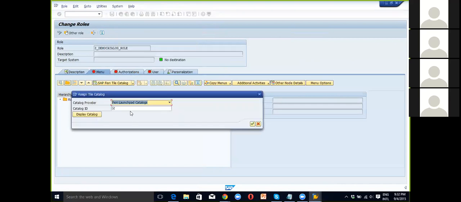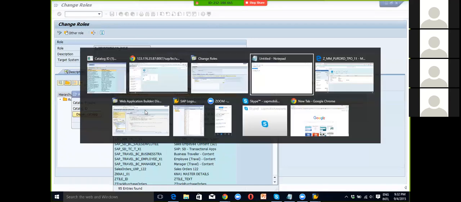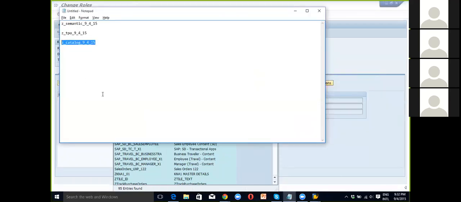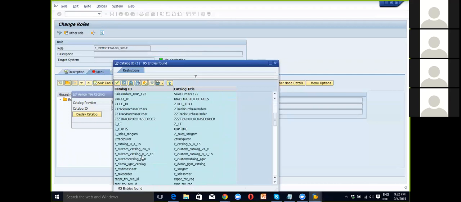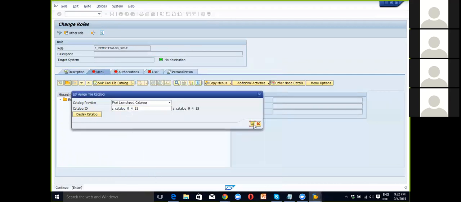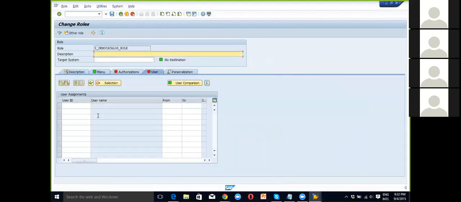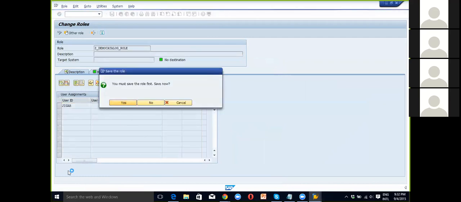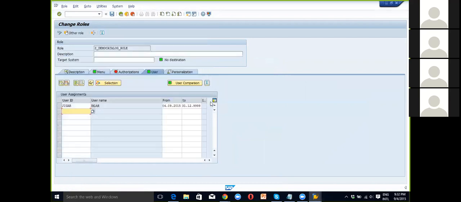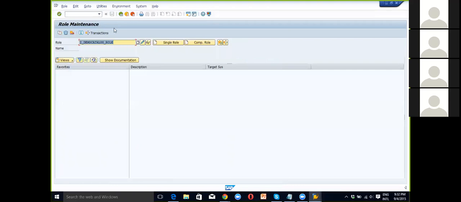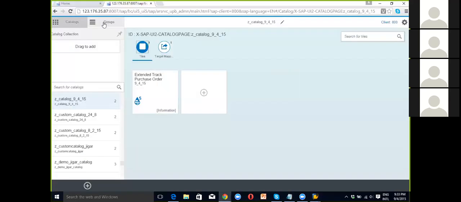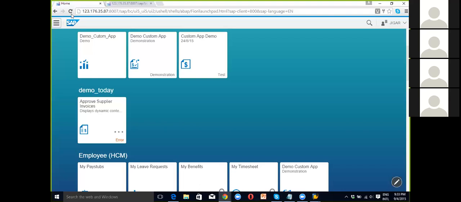select SAP Fiori tile catalog. Over here I need to specify the name of my catalog. So in my notepad I maintain that. So this is the catalog that I want to assign to this user, Z catalog 9415. So I'll just assign it, click on tick, and then in the user just type in that particular user's name to whomever I want to assign to. So now if I come back, and now if I go onto my launchpad, if I just refresh it,